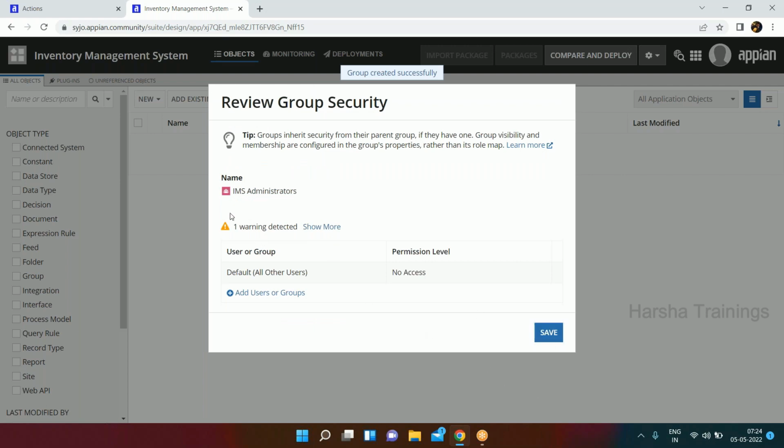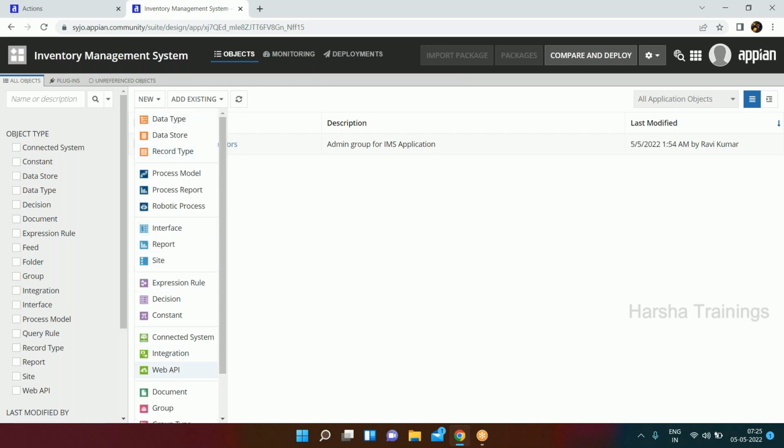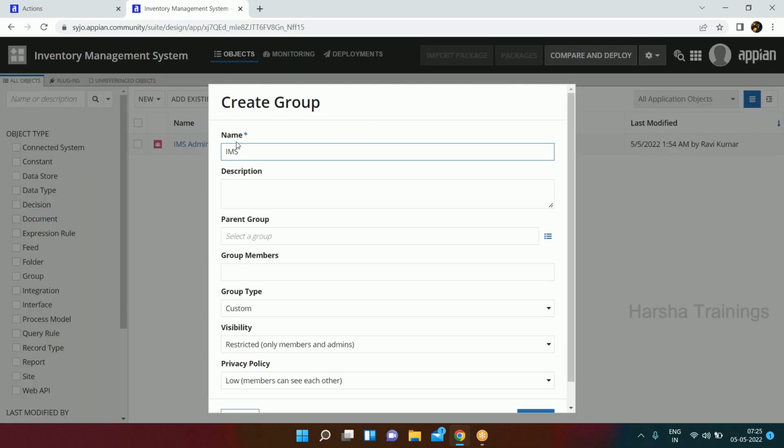Okay, and here it's also asking how you want to secure this group as well. So we'll come to this one later. And then you see this one object has been created called IMS administrators, right? The same way we will create another group that is named IMS all users, which holds all groups and users